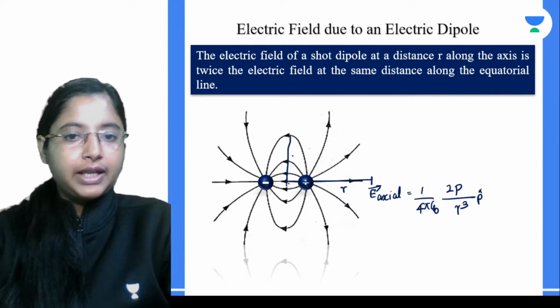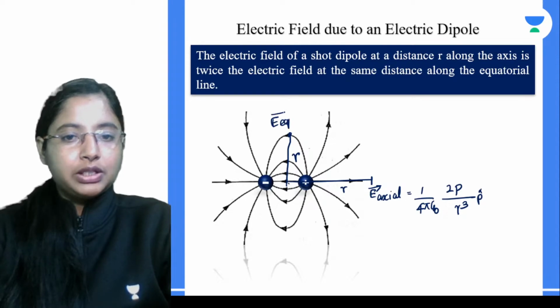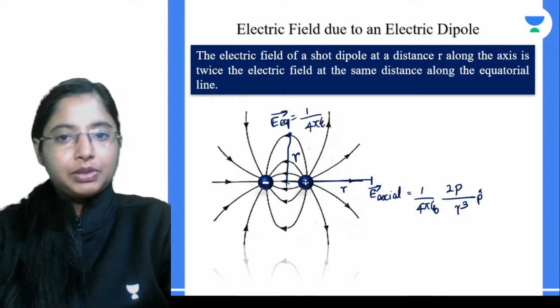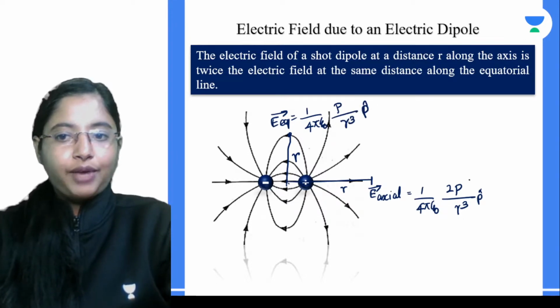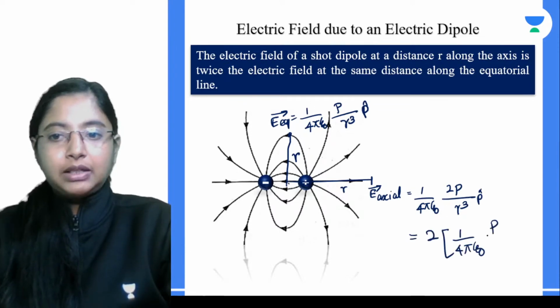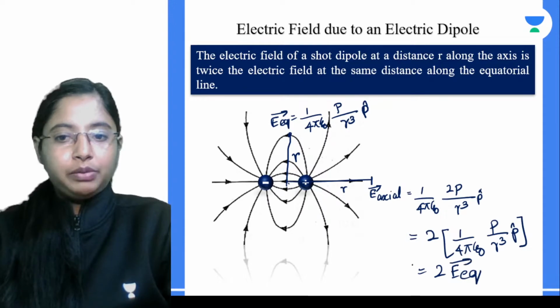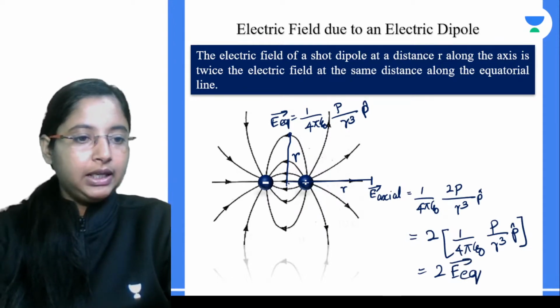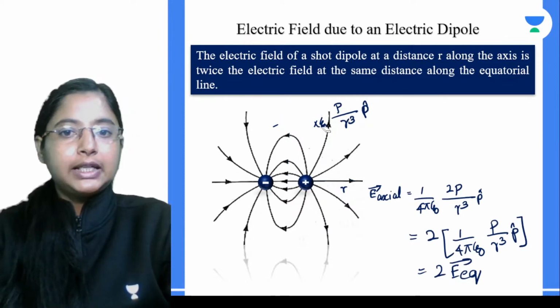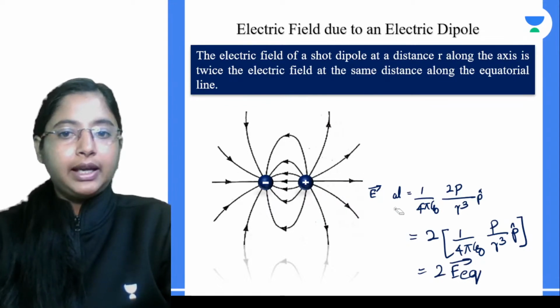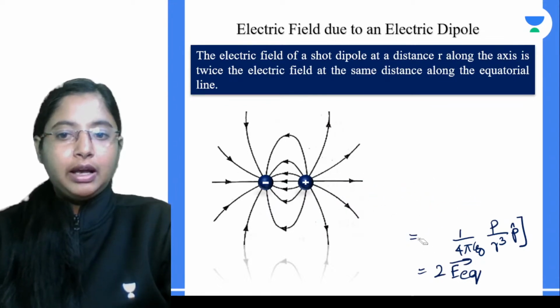Now let's go the same distance r along the equatorial. If r is 10 units, you go 10 units to this point also. Along this point, what we see for the equatorial is 1 by 4 pi epsilon naught, just p divided by r cube into p cap. So the axial value is equal to twice 1 by 4 pi epsilon naught p divided by r cube into p cap, which is nothing but twice the equatorial. What it means is, the electric field of a short dipole at a distance r along the axis is twice the electric field at the same distance along the